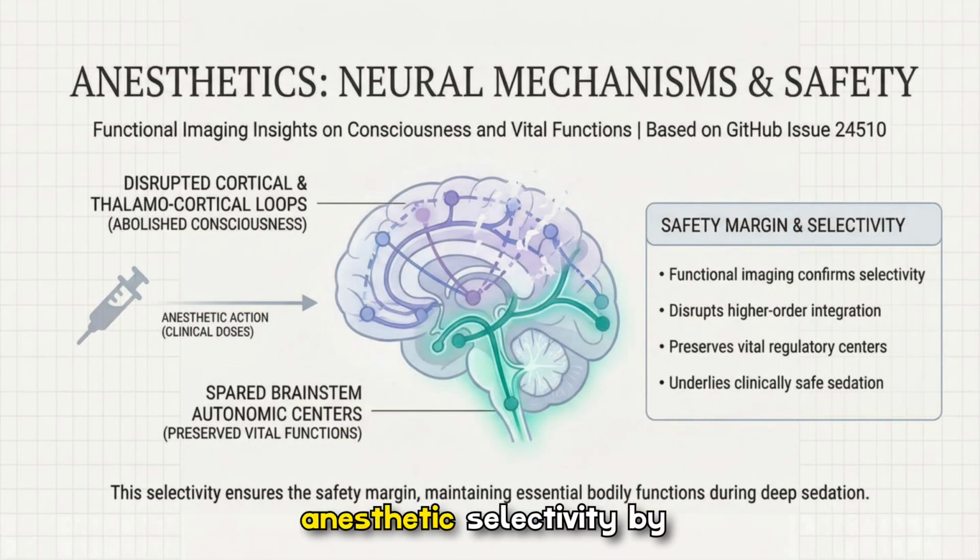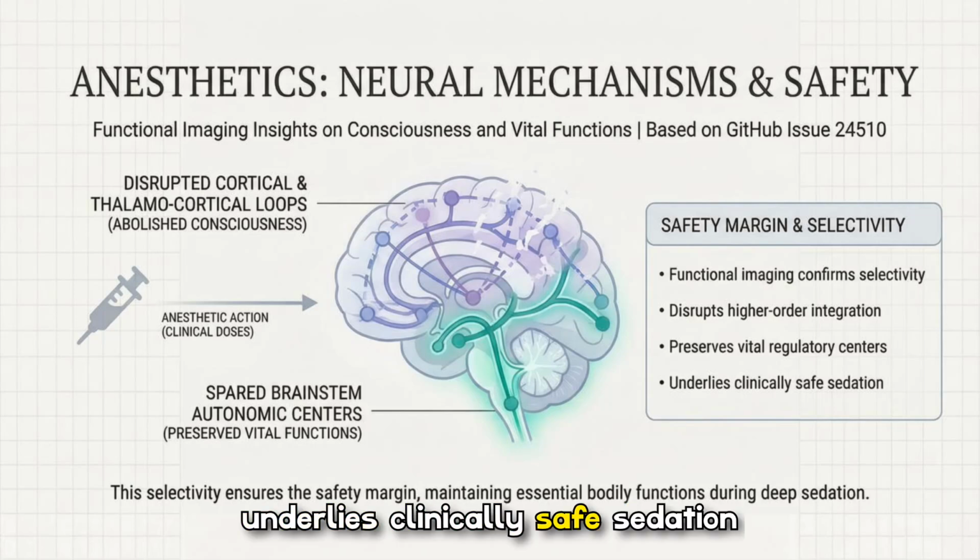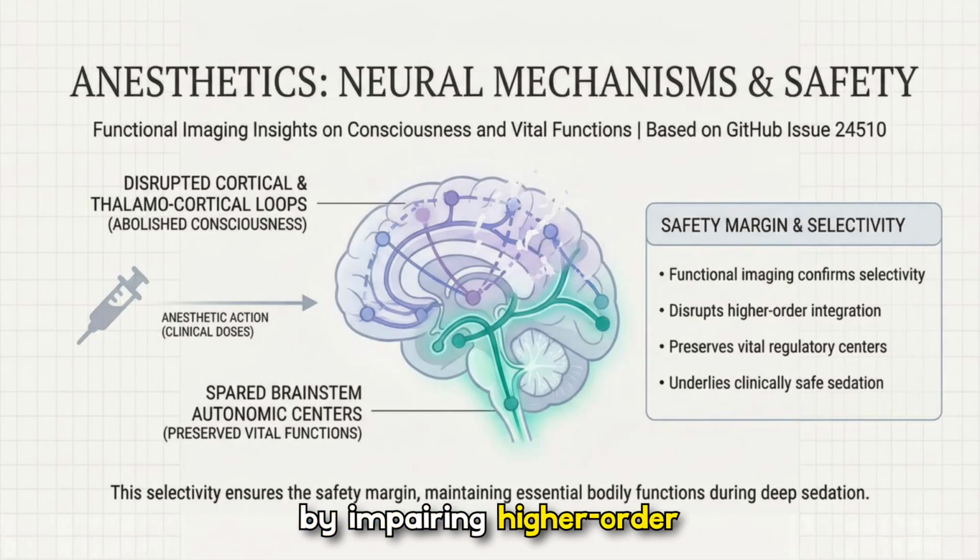Functional imaging shows anesthetic selectivity by disrupting cortical and thalamocortical loops that abolish consciousness, while sparing brainstem autonomic centers that maintain vital functions. This safety margin, supported by imaging data, underlies clinically safe sedation by impairing higher-order integration without compromising